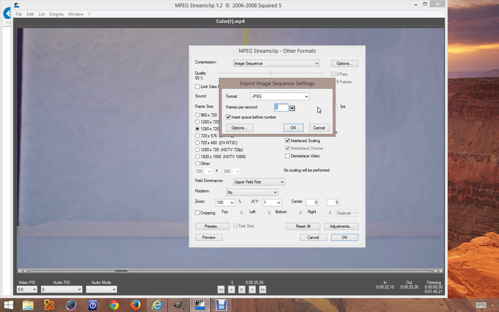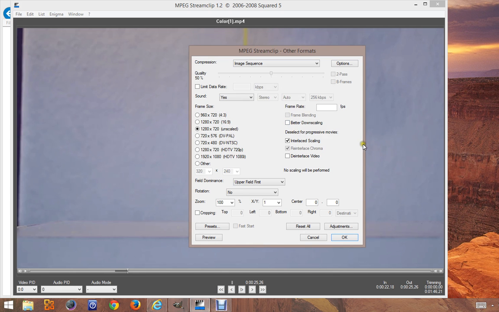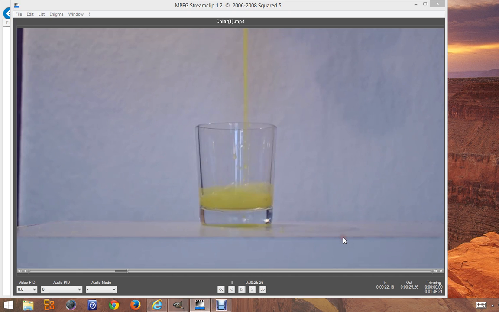You need to have a small amount of images. It is with GIF, it is difficult when the files get larger. I also choose better downscaling. I leave it unscaled for now, and I say OK.